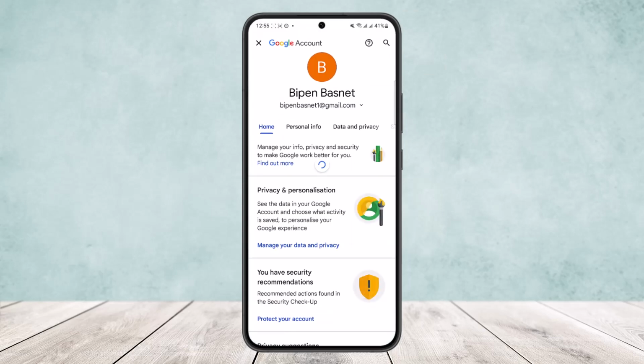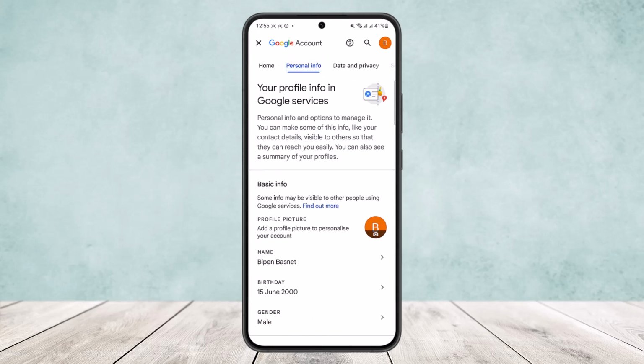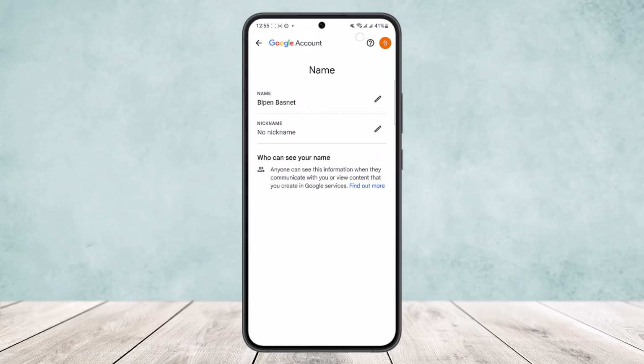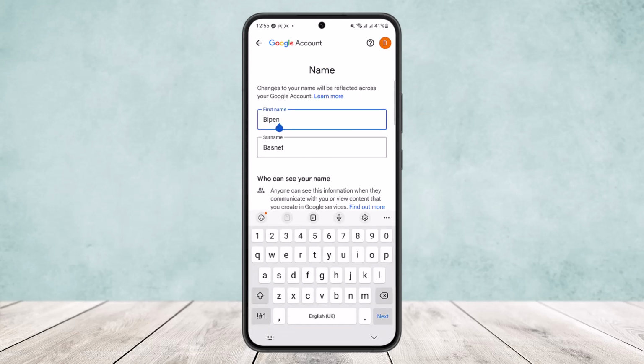Once you tap on manage your Google account option, you'll be headed to this page here, and what you want to do is tap on personal info option. Head into personal info option, and just there under basic info you'll find the option name. Simply tap on name option there, and then here you can find your name, and beside your name you'll find a little pencil icon. Simply tap on the pencil icon, and here you'll be able to change your first name